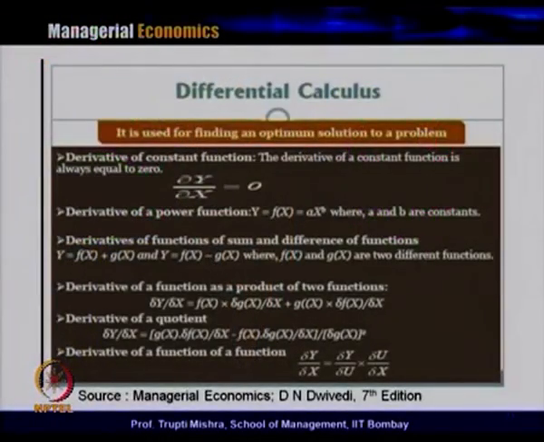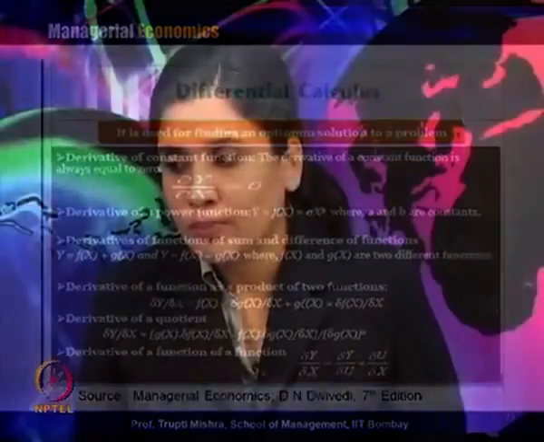The only difference here is that we cannot use the tangent method with all changes in the dependent or independent variable. When the change in the dependent and independent variable is small, in that case only the differentiation or differential calculation method can be useful. So, in the next session we will look at the rules of differentiation, and as we discussed, how we deal with the derivative of a constant function, power function, function of sum and differences, quotient, everything we will discuss in the next class related to the rules of differentiation.